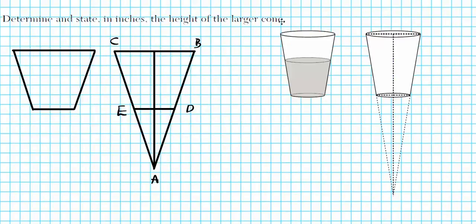All right, let's move on to the next part. It says determine and state in inches the height of the larger cone. So we're looking for this big one right here, the height of this big cone. Okay, so basically, let me label this. Let's call this basically the altitude of this triangle. Okay, so the length of this middle segment right here. So just to help you understand the two-dimensional representation, I'm going to label both of them, the larger cone and this triangle right here,